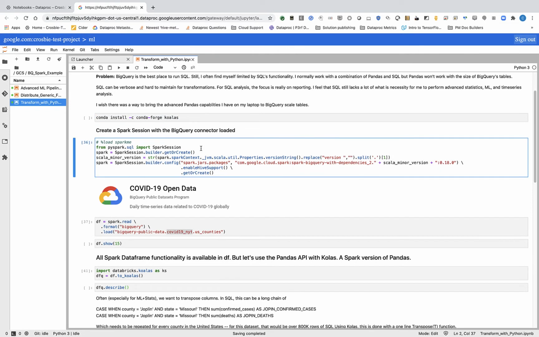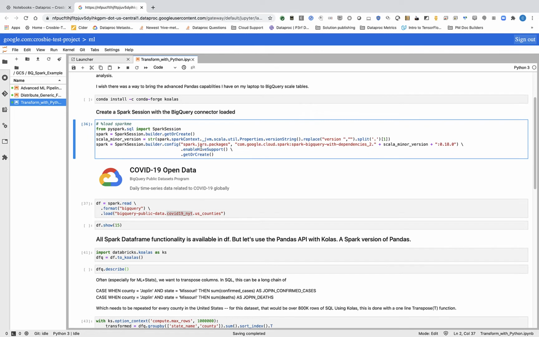Now, here's the first time I'm going to show you how to actually connect Spark over to BigQuery. You just have to be in a Python 3 kernel. Don't use the PySpark kernel. Then import the Spark session and create a builder. The first thing I do in this initial Spark session is create a generic builder, and then I pull what version of Scala I am actually running here. So if I separate this out here,